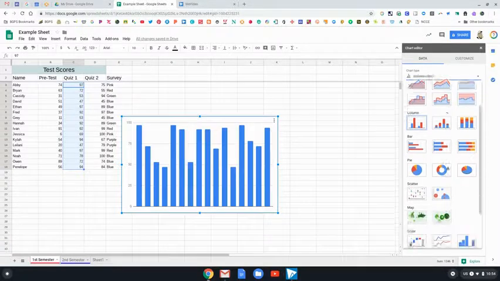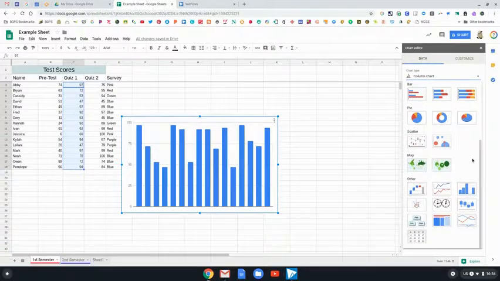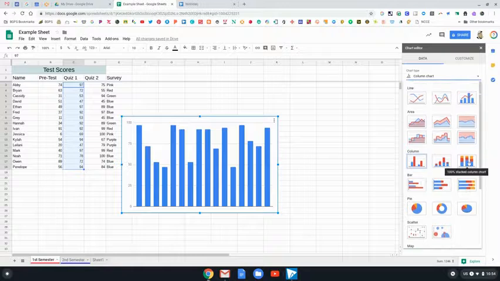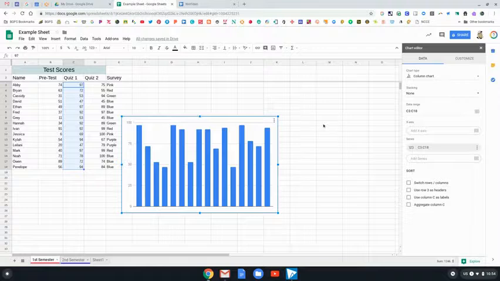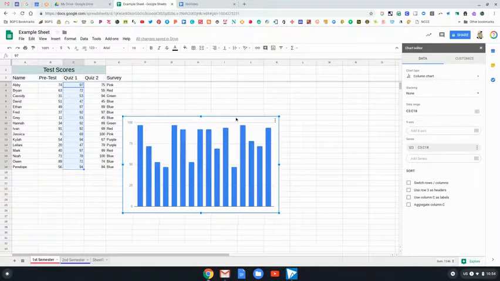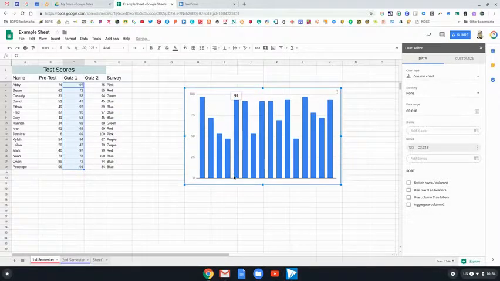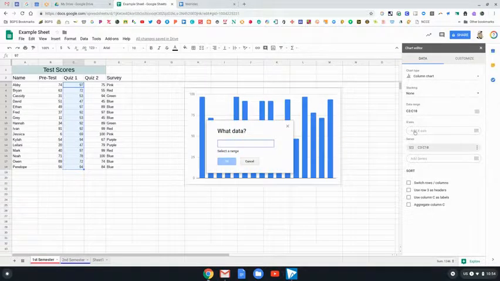And it will choose what type based on the data that I have. I can go through and change it based on what I want to see. I'm going to leave it as a column chart. And then I can go through and customize how my graph looks. And so right off the bat, I want to add an x-axis so that I know what each of these